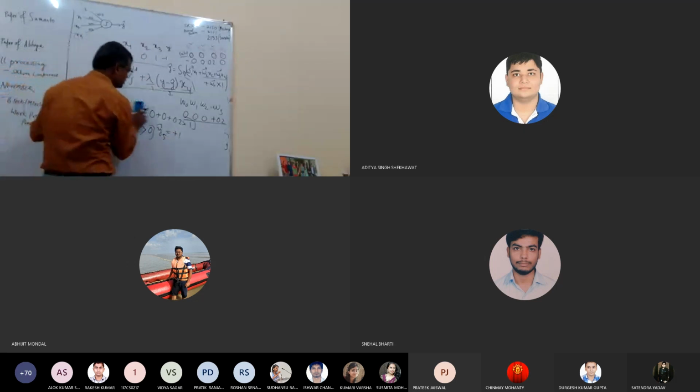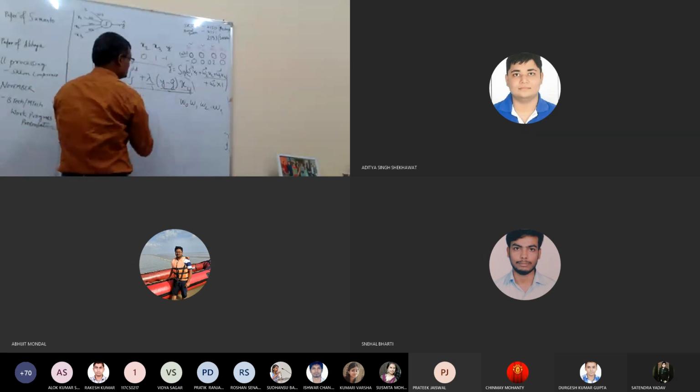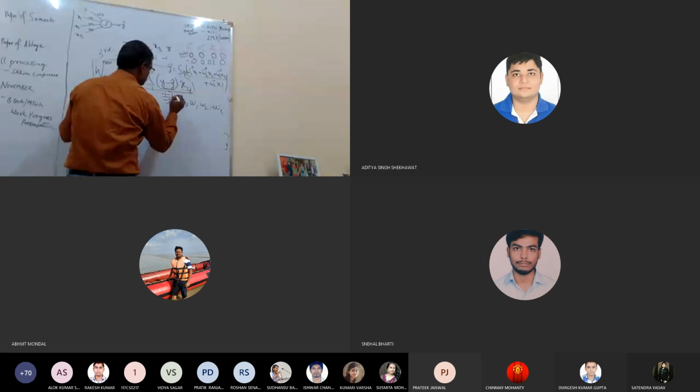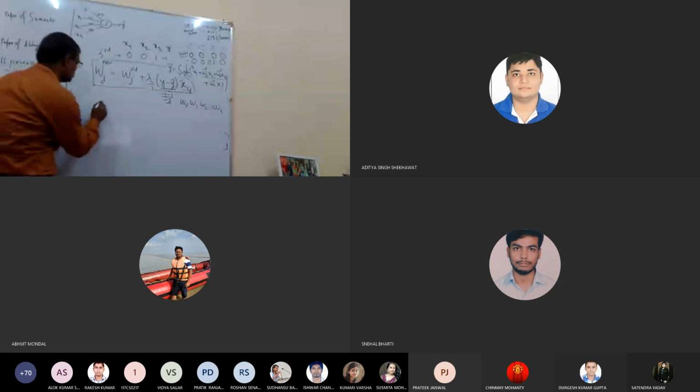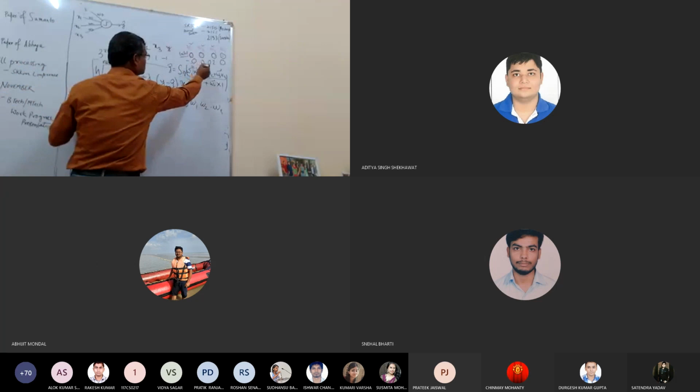So the original value is minus 1 and this is plus 1, so the error will be minus 2, right? Now you compute the value of W0 for the fifth sample. What will be the value of W0? Here the original W0 was 0.